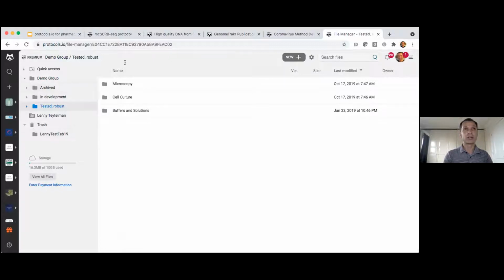So the person that creates the workspace, just as on a specific protocol, in this case on the workspace, can set permissions, who has access, what type of access, what kind of behavior is expected, what are the instructions for using the workspace.